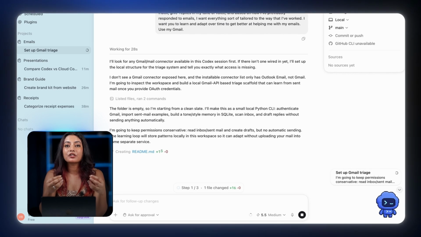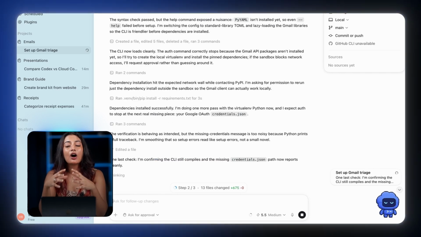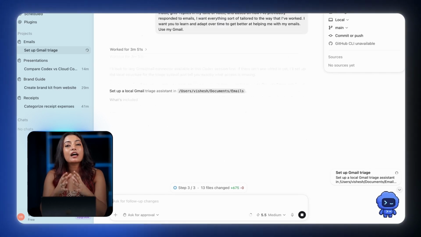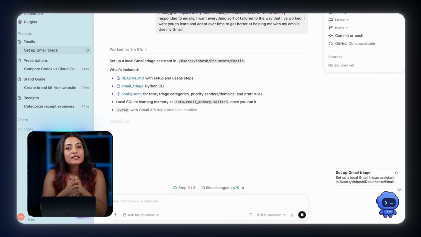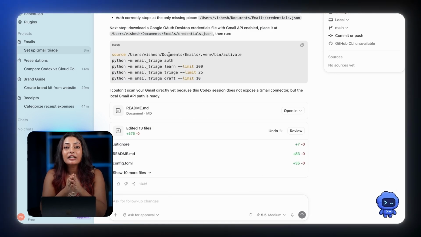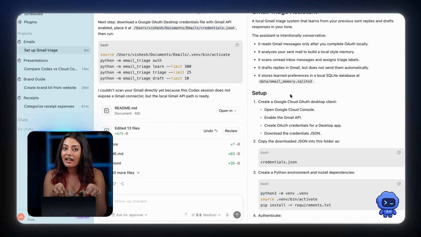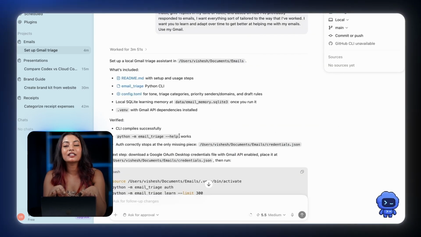And this demonstration is one of the best tips that I can give you for using Codex. Tell Codex what you want and let it figure out how to get it done. And this is what's happening right here. It's setting up files and folders on my computer to better task my email. I haven't told it how to do that. It's figuring it out on its own. With everything now set up and one triage complete, I'm happy with the way that this worked.